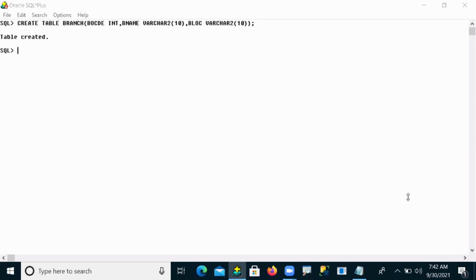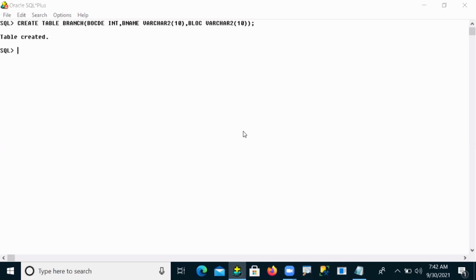What do you think about that? Is it a permanent table or a temporary table? The table is created by using the create command, which is one of the DDL operations. With the help of this command, whatever table we create, is it permanent or temporary? Let me see.